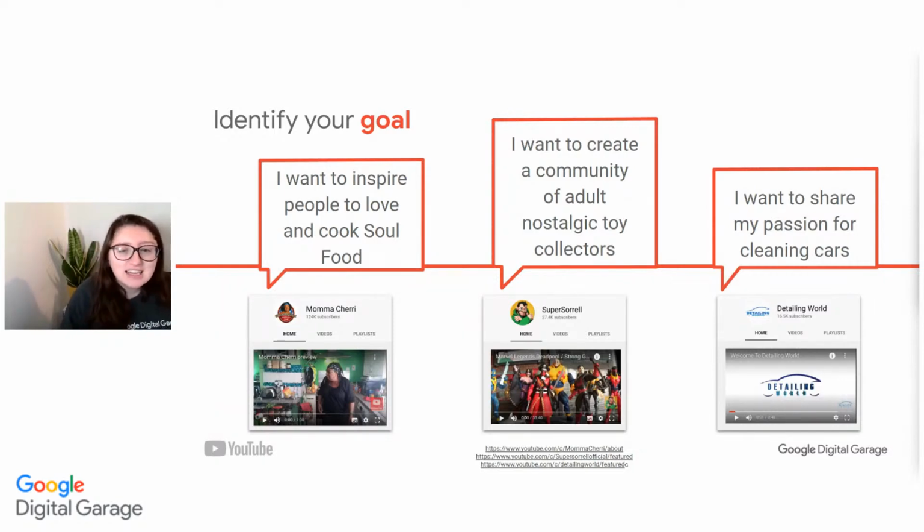And again, finally, the why, the goal for our final example here, we've got Detailing World on the end. I want to share my passion for cleaning cars. Detailing World actually started as a forum and used YouTube to start showcasing videos of what they were doing in their Detailing World business.